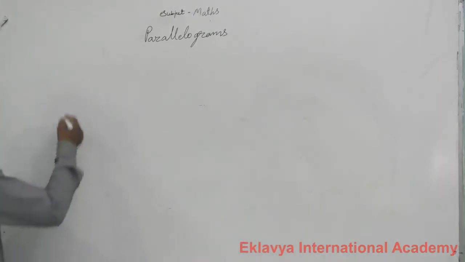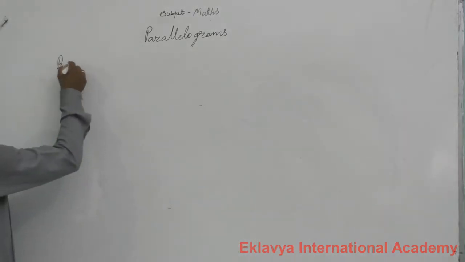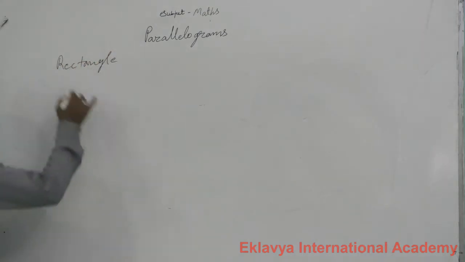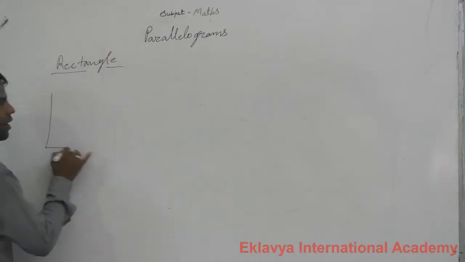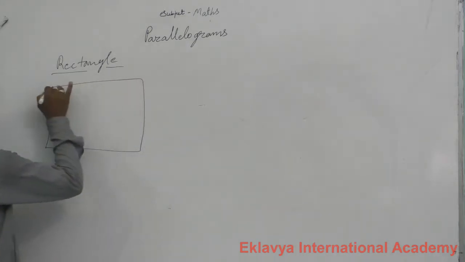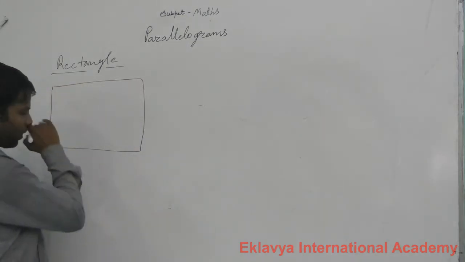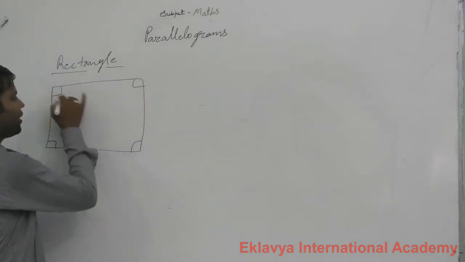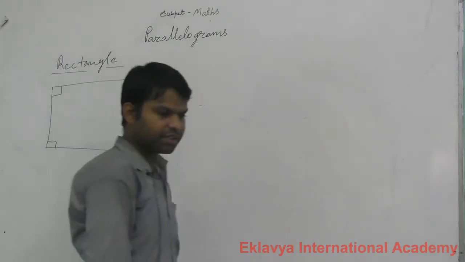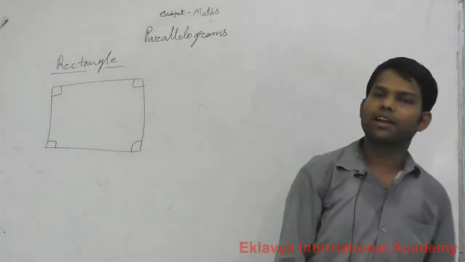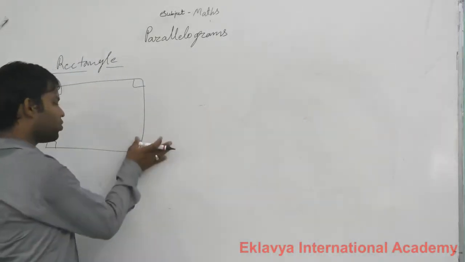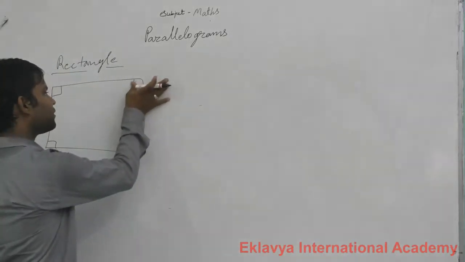So see here in the rectangle, if this is given, then it is a rectangle. In this, all angles are 90 degrees. Yesterday we discussed this property. In the rectangle, all angles are 90 degrees. So if a question is given like that,